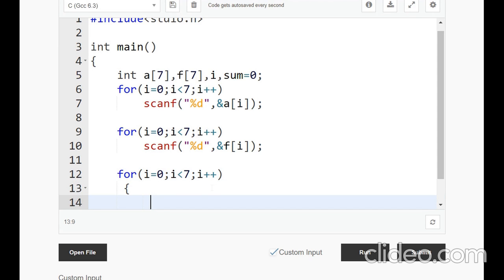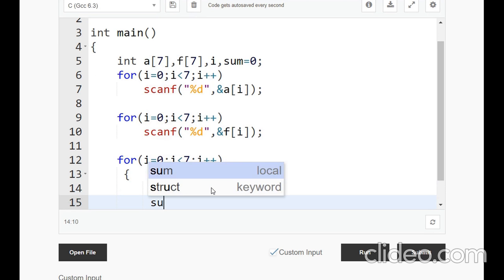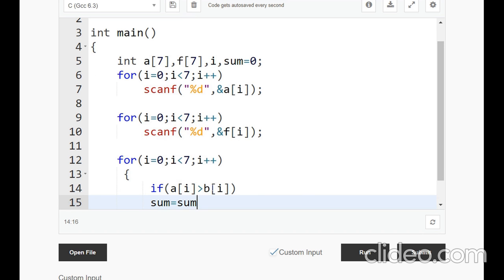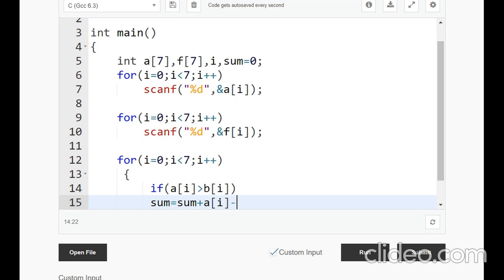Then I will check an if condition. If A of i is greater than B of i, then I will do sum equal to sum plus A of i minus B of i.